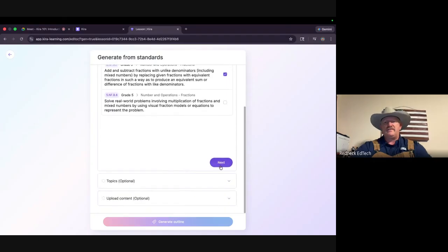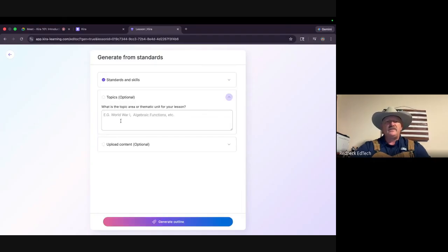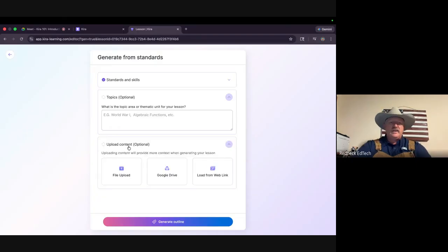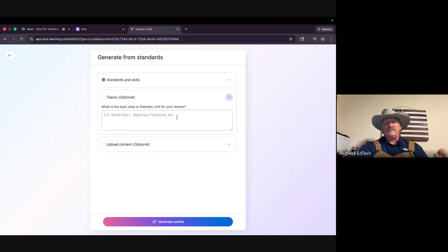Once you select this, you hit next. I still have an option to create a special theme for the unit or lesson. You have to understand these objectives sometimes are so large you can teach on them for weeks. So what specific thing are you looking at about this? You identify that there. Again, here, you can still upload your content to use as a reference.